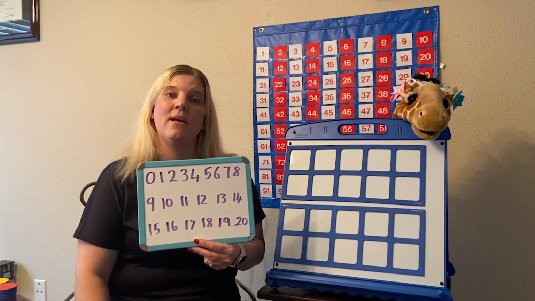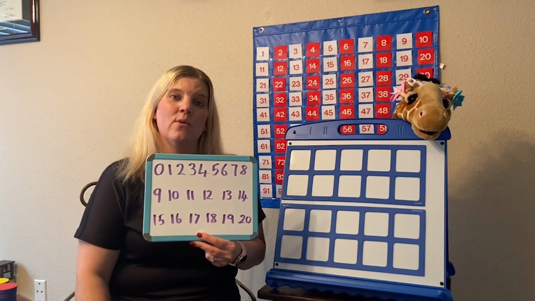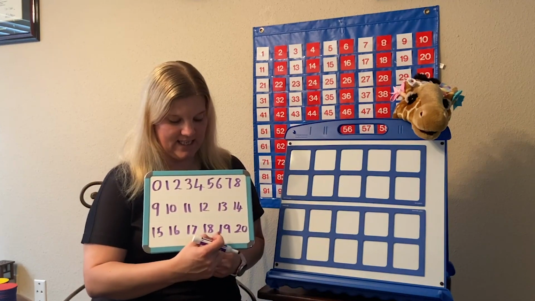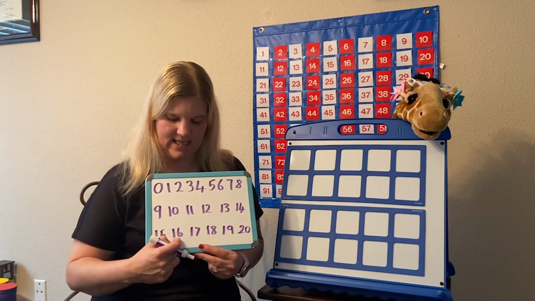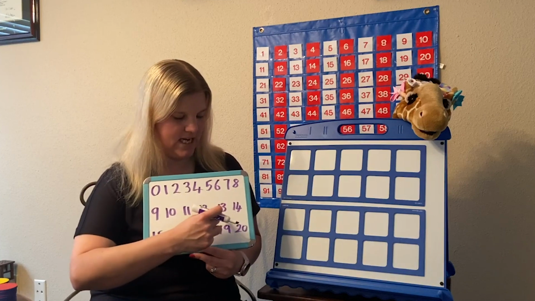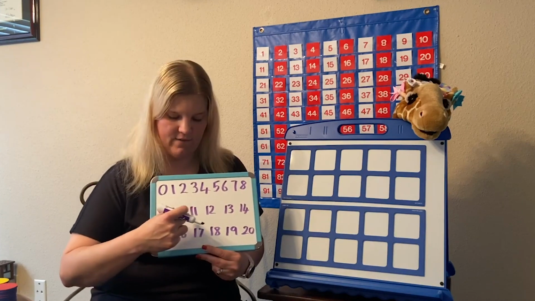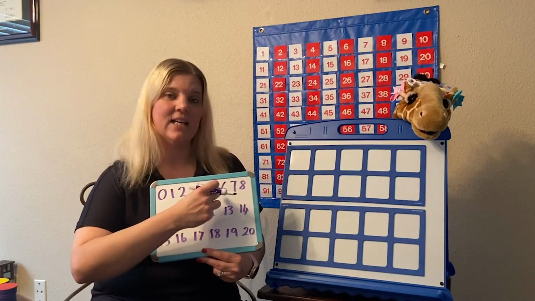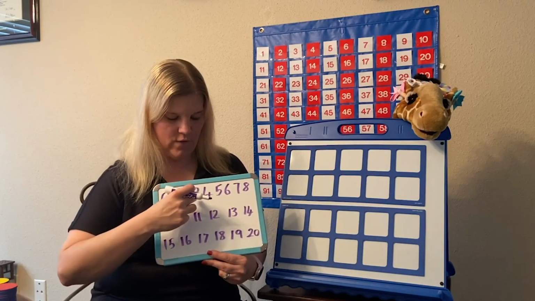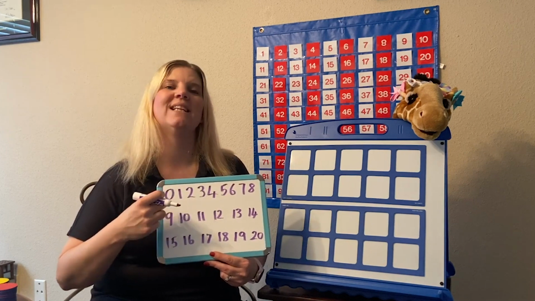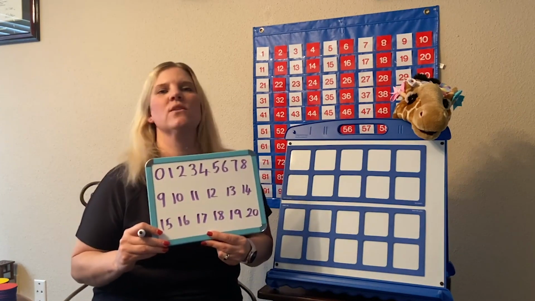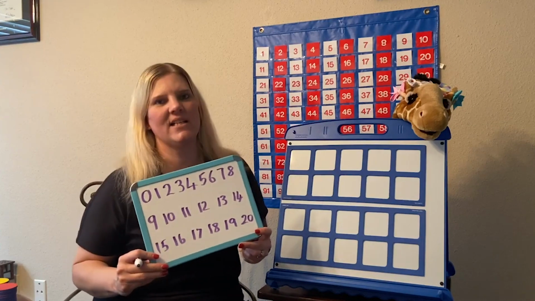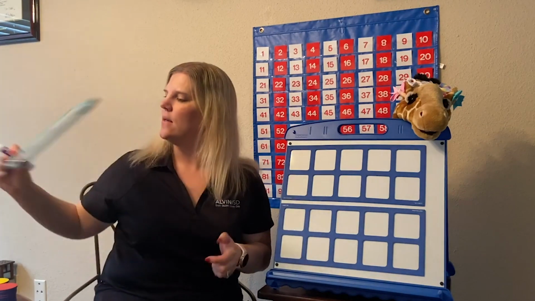When you've done that, and maybe after the video's finished, I want you to keep your numbers and count backwards from 20. 20, 19, 18, 17, 16, 15, 14, 13, 12, 11, 10, 9, 8, 7, 6, 5, 4, 3, 2, 1, 0. That's one of the things we need to work on so that everyone at the end of the year can count up to 20 and back down to 0, okay?